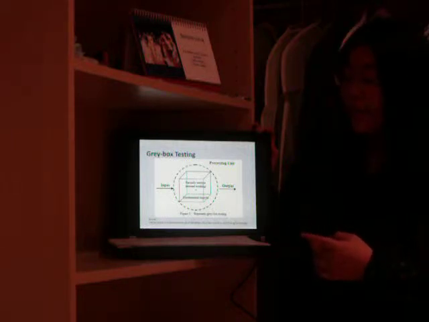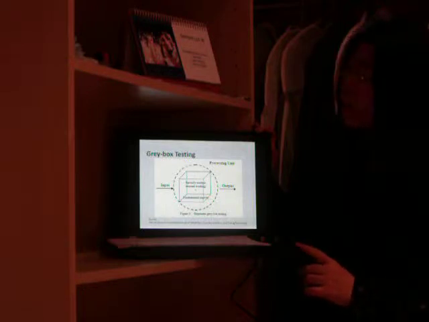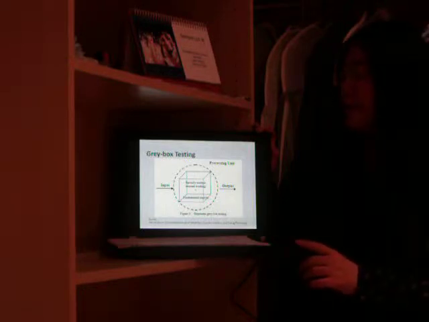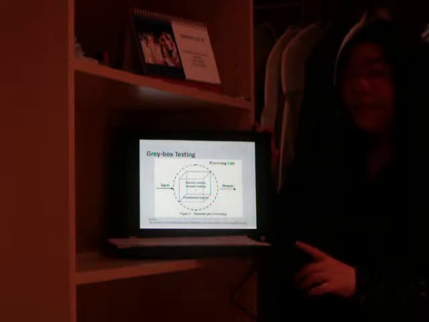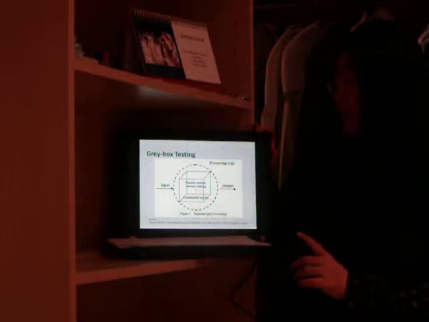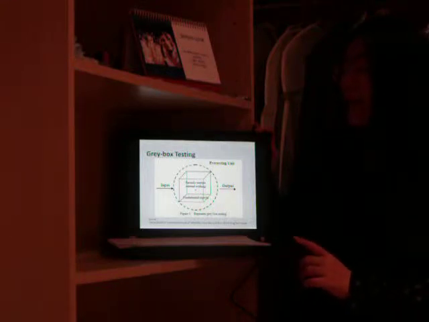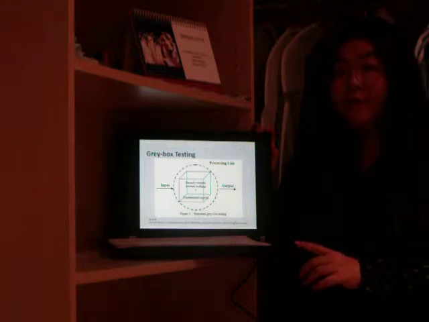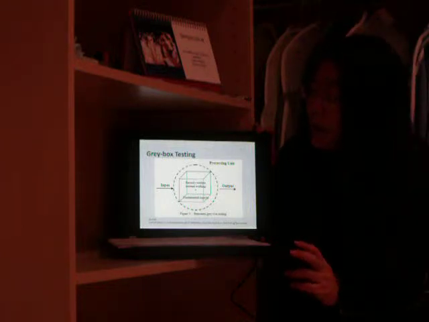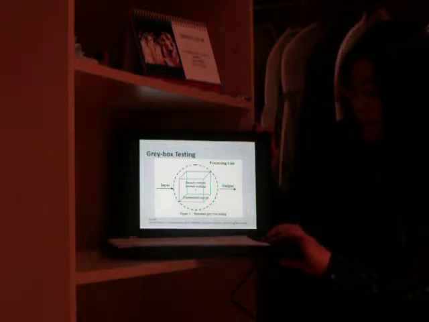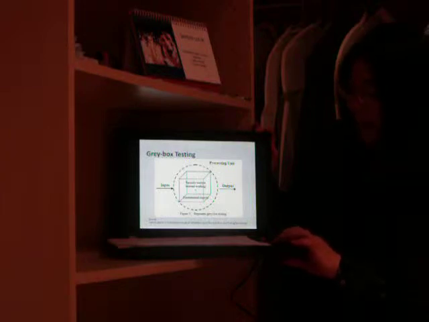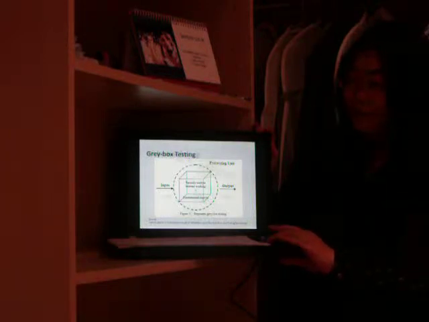And the test design is based on high-level database diagrams, flow diagrams, internal states, and knowledge of algorithms and architecture. This is the information for gray box testing, and let's move on to the last one,